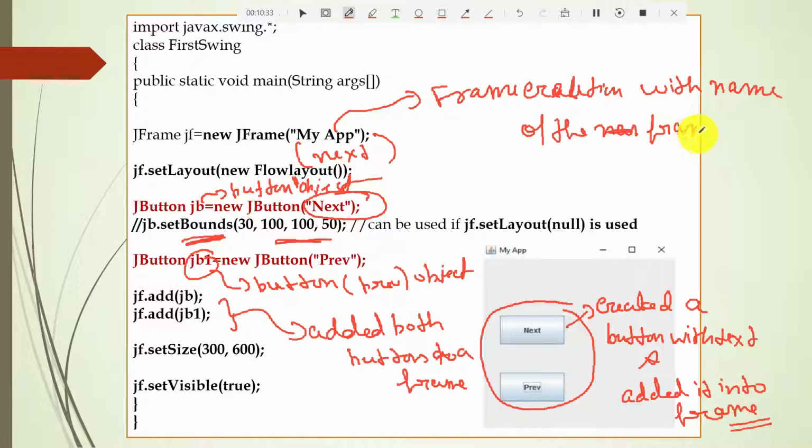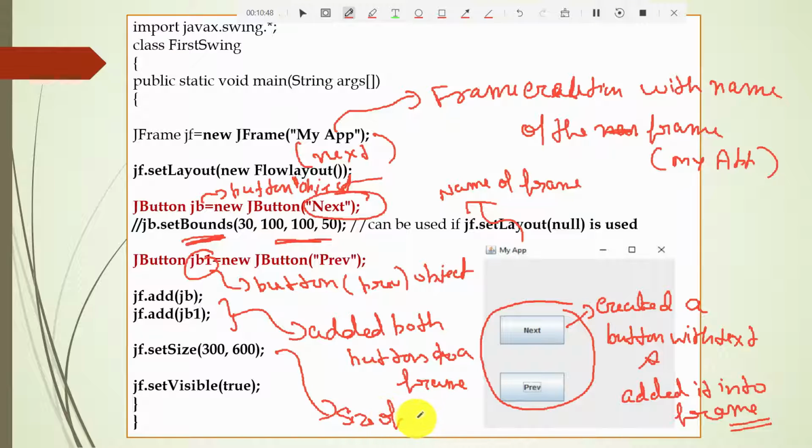So what is the name of the frame here, which is nothing but my app, which you can see here. So what is this, students? It's nothing but a name of the frame. So this is nothing but the size of frames, which is 300 into 600. Okay, so make frame visible here.